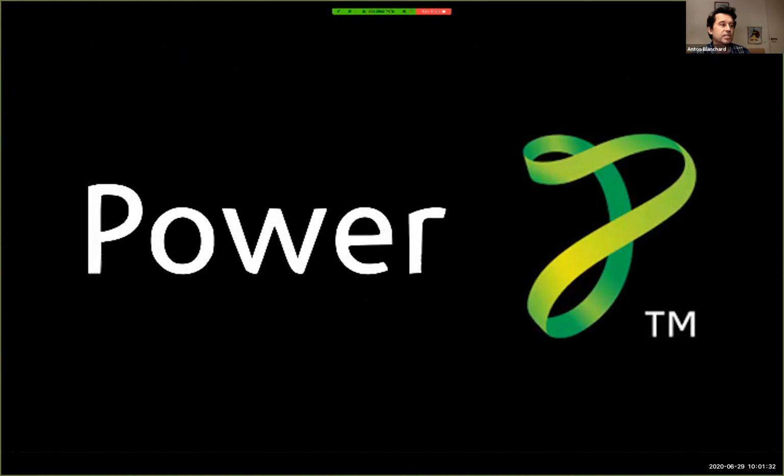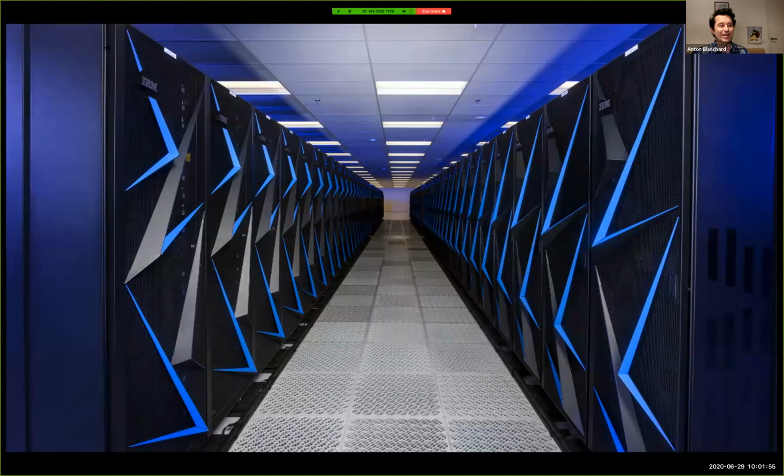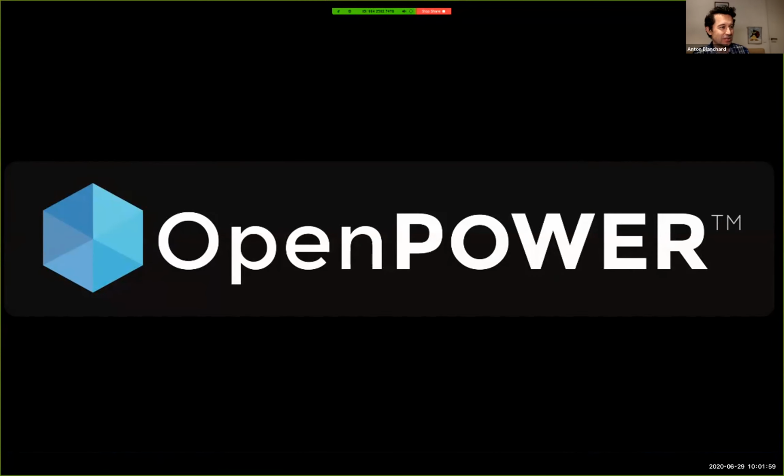Just to set the scene, obviously most people would know the Power architecture has been around for quite a while. I think, John, you mentioned MareNostrum in 2004. I was one of the lucky ones on the IBM side to work with the team at BSC on one of the early Linux supercomputers, and it's been a lot of fun. More recently, Summit and Sierra are no longer 1 and 2, unfortunately, but still way up there. They're all Power-based, so we're building big supercomputers based on the Power architecture.